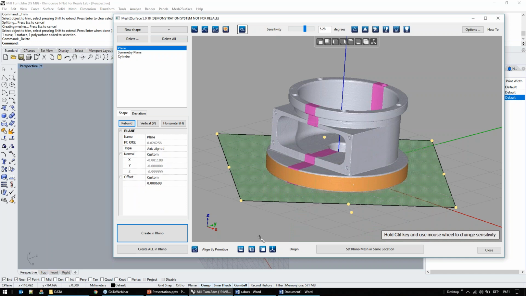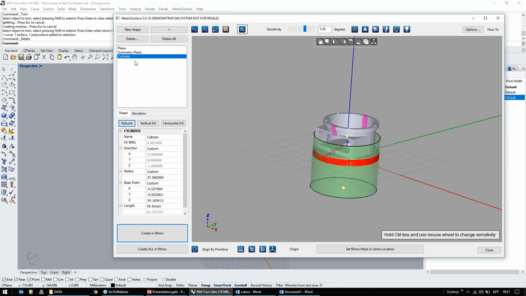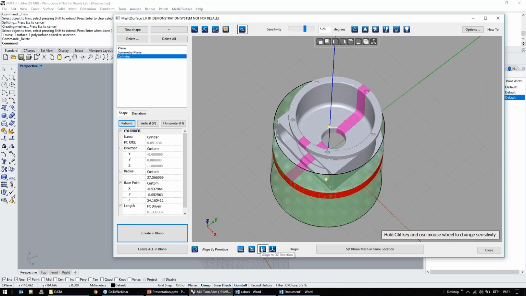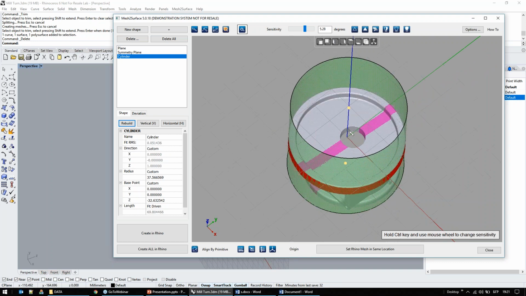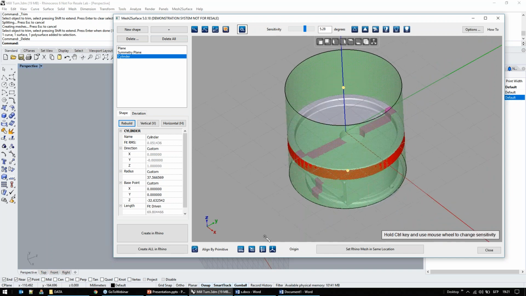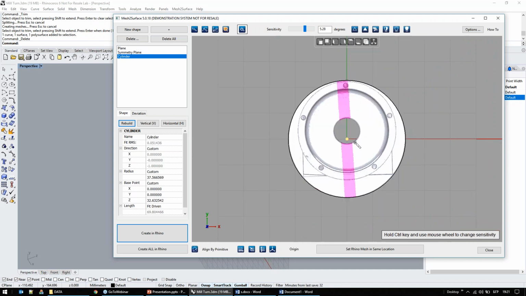I see that before it was not aligned to the bottom plane, but now the z-axis of the normal of the plane is exactly 1. So as you see now, the cylinder is what we wanted. So we can easily tell the software to put the object so that the axis of the cylinder is on my global coordinate system. So now we have aligned this correctly, the way we want. Again, if I take a look further,